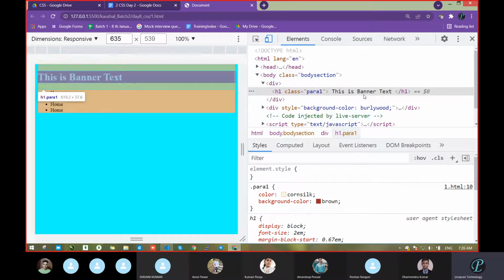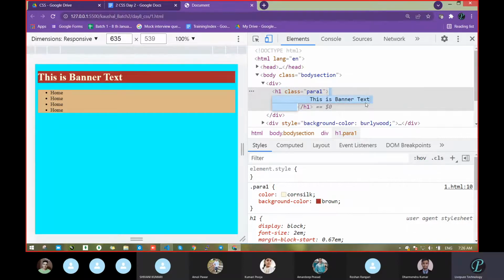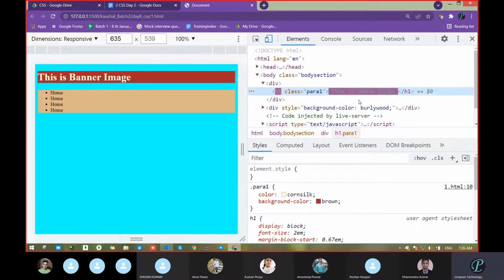If you want something in the HTML section also, double click. What do you get? This is banner text. I don't want this as a text. I want something like banner image. Okay, and hit enter. See, we modified it in the HTML itself. But what about after refresh, will it maintain the same thing or will it change?